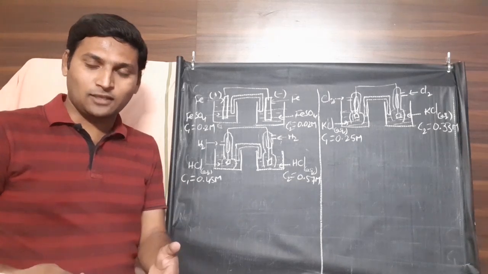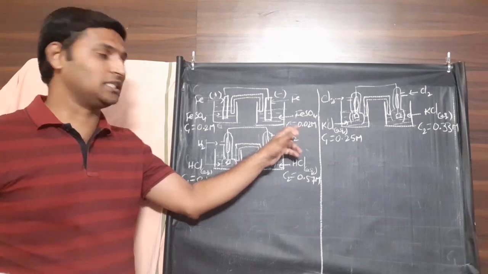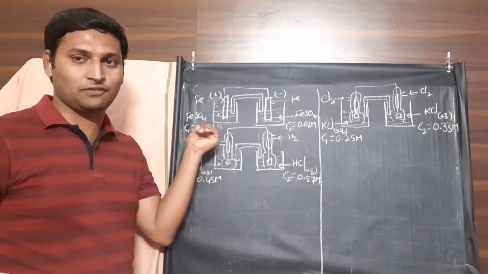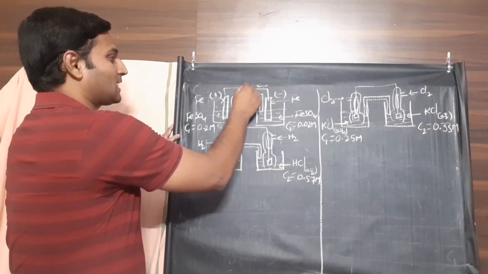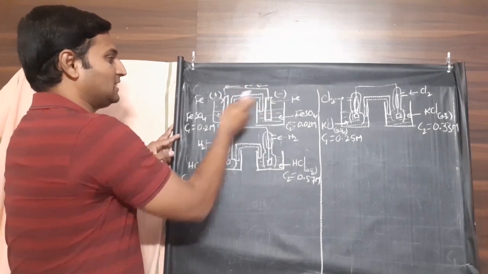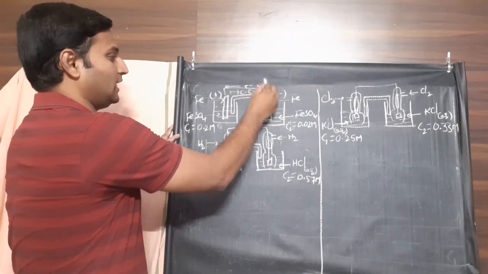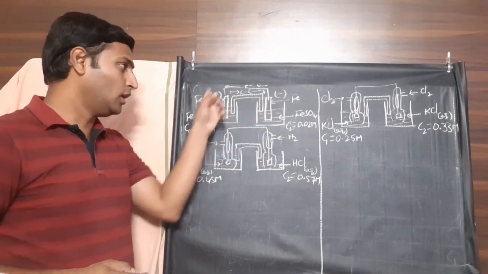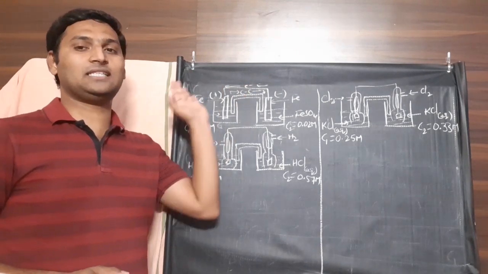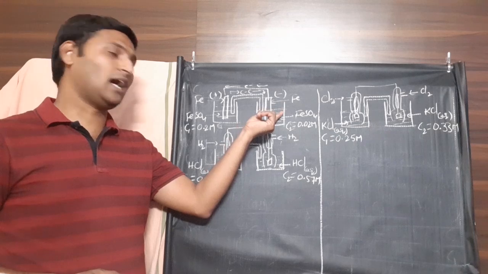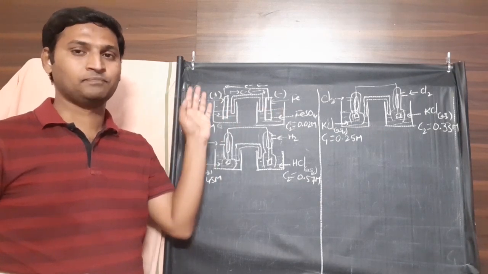If you understood the logic, that's how. If you want to just remember it, the one with lower concentration is anode, the one with higher concentration of cations is cathode. That way, electrons will be flowing from this side to this side. Conventional current will be flowing from this side to this side. From anode to cathode, electrons always flow. Of course, I have not drawn this in a conventional way where the anodic half cell was supposed to be on the left hand side. I have not followed the convention here.